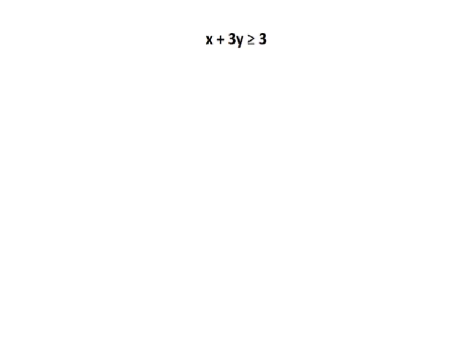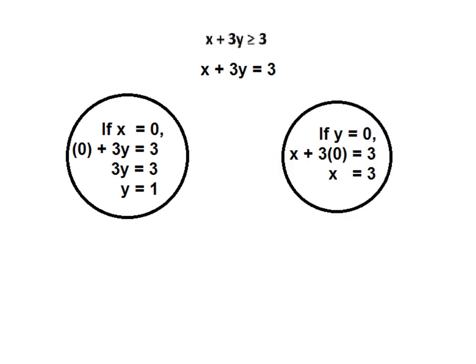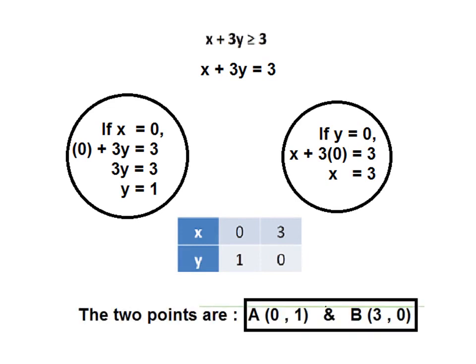So the first constraint, x plus 3y greater than or equal to 3, we convert it into an equation so that we can draw a line, that is x plus 3y is equal to 3. Then by substituting x is equal to 0 inside the oval, you can see that y is equal to 1, so it gives a point 0 comma 1. Similarly, substituting y is equal to 0, we get x equal to 3. So another point 3 comma 0. If we tabulate them, it looks as follows: 0 comma 1 and 3 comma 0. Let us call the 2 points a and b. So now we can go to the second constraint.